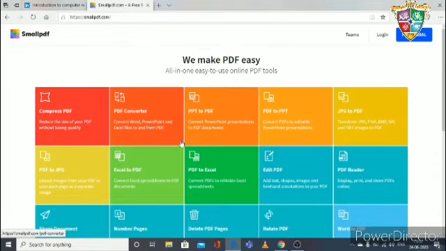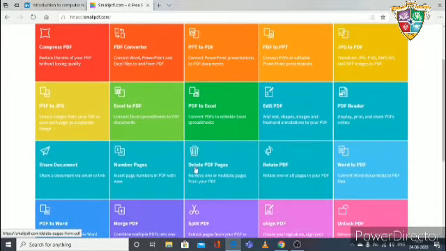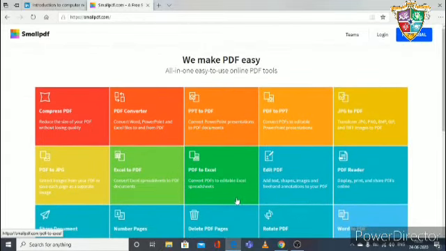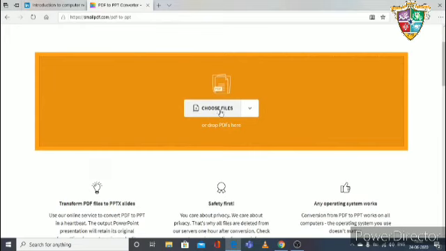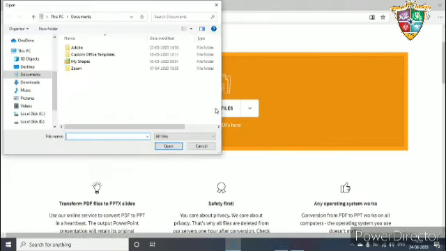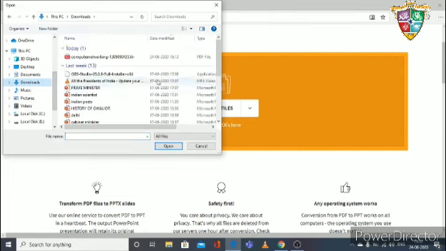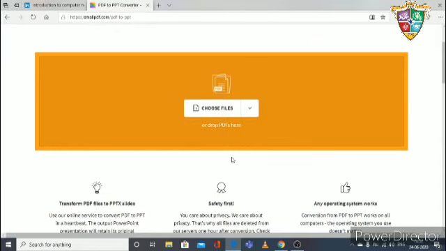So there are so many kinds of converters here. I am choosing PDF to PPT. This is one, PDF to PPT. Click on it and choose a file. I am choosing my file, that is in my download folder, because I downloaded my PDF. So this one is my PDF that I downloaded. Open it.